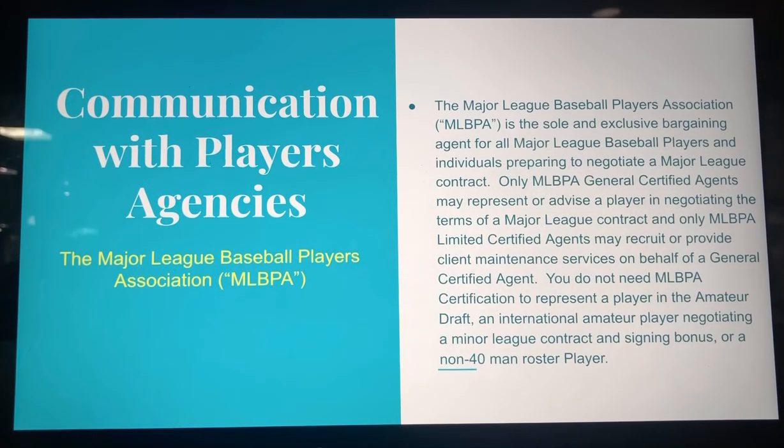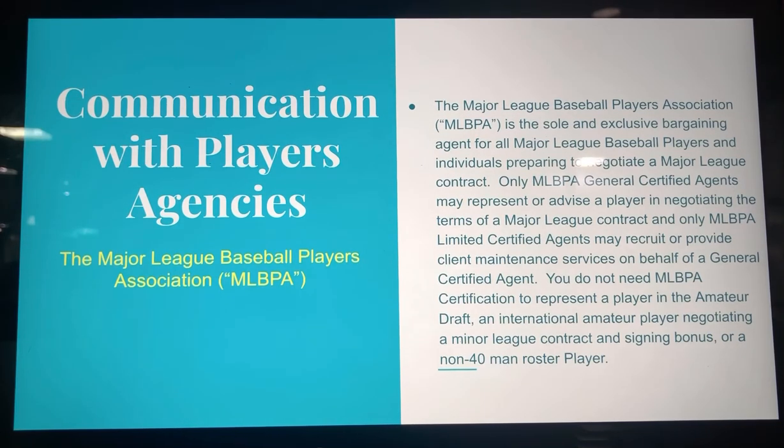Communication with players' agencies is another huge aspect that goes with the front offices. The Major League Baseball Players Association, otherwise known as MLBPA, is the sole and exclusive bargaining agent for all Major League Baseball players and individuals preparing to negotiate a Major League contract.